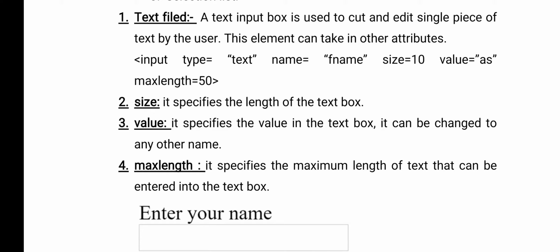So how can we create a form in HTML? Using a form opening and closing tag, we create a form in HTML. When you are using a form tag, there are some attributes which help the user to give a server name and the path, and how to send data from client to server. That information you can give by using attributes, and those attributes are written inside a form tag.